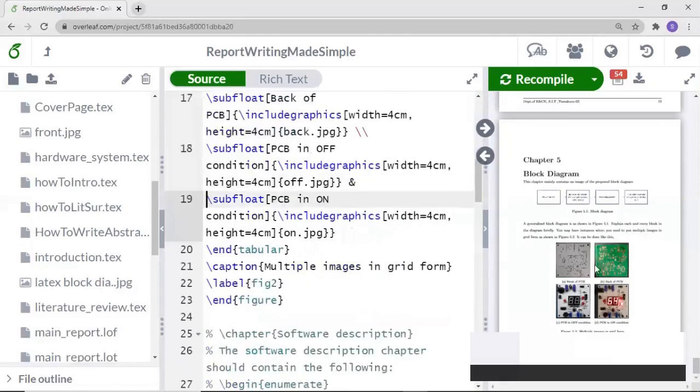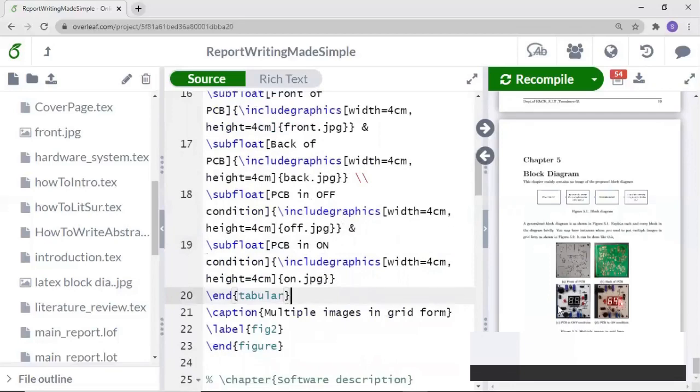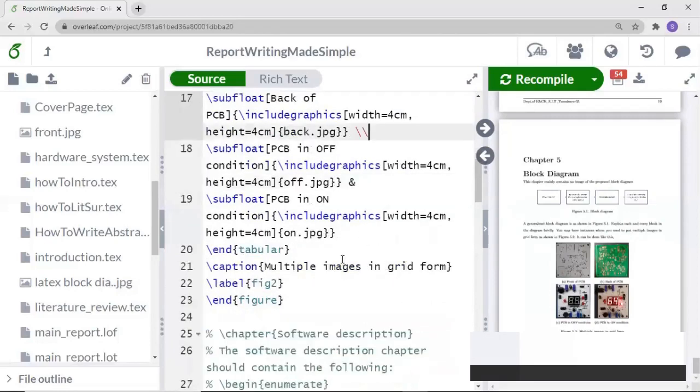This particular image is placed right after this image, and this image is in the next line. So to indicate that the third image should be on the next line, you have to write like this. This indicates the new line. And after that, you need to end the tabular block, then caption, it is the main caption of the 4 images.